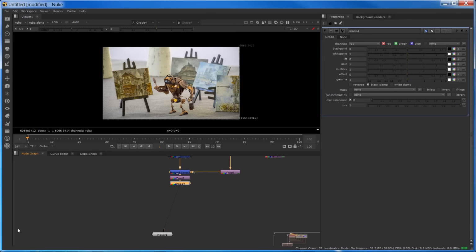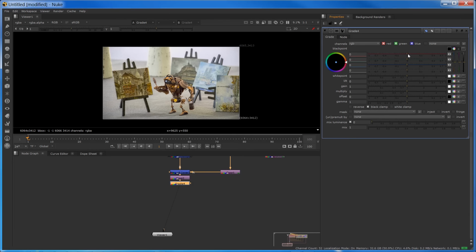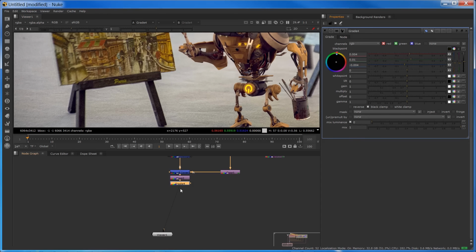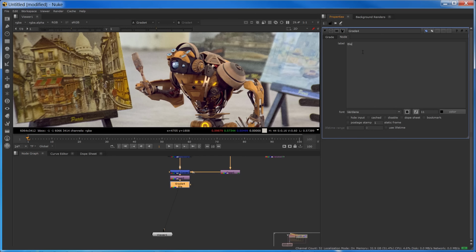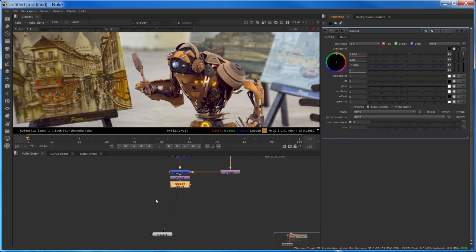I'm going to throw in a grade node in here and play around with the coloration, adding a slight touch of red into my scene, like so. So if you look closely, before, after, just to blend those together, I'm going to label it as blend as well. And then final touch,